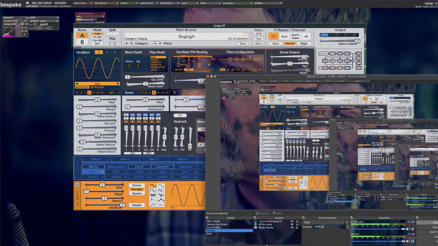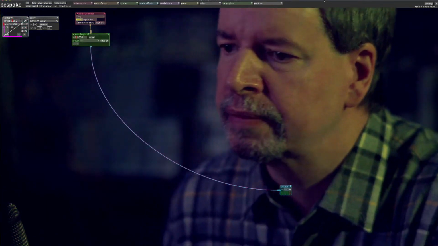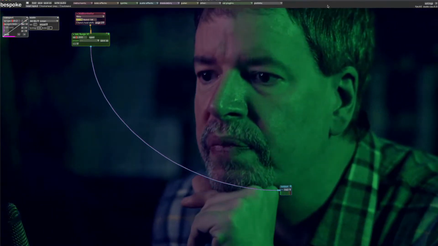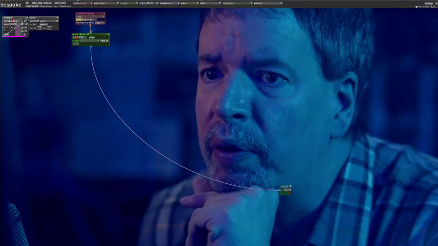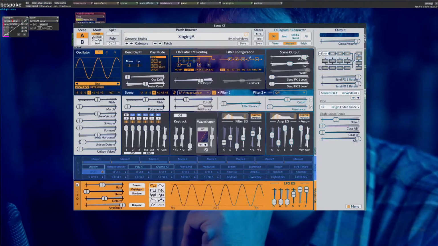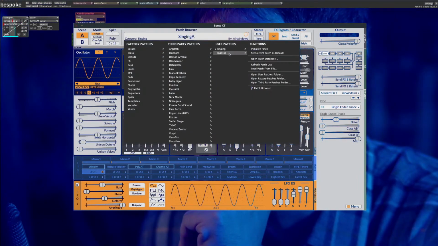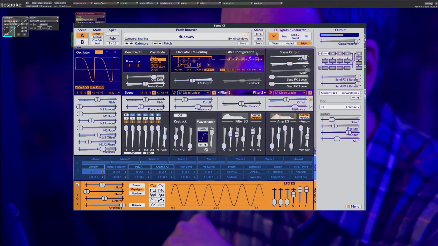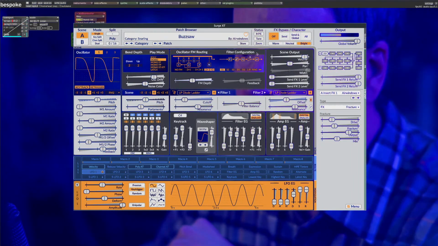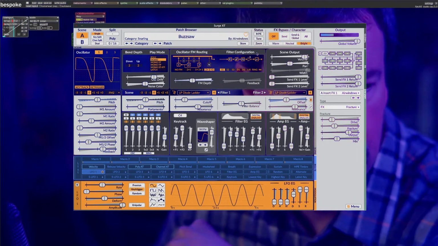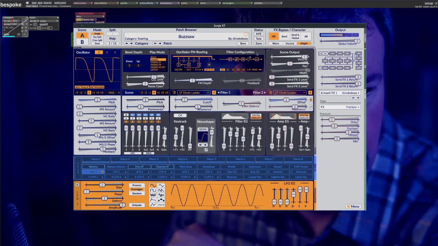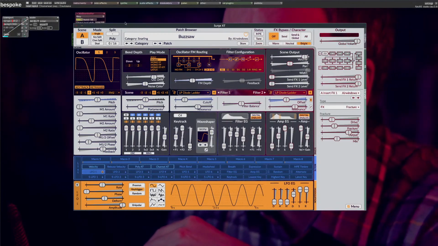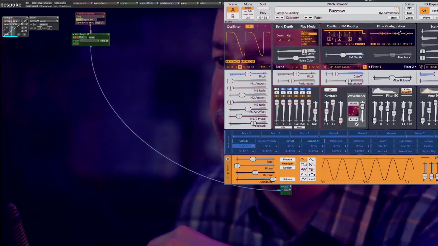I'm going to have to keep an eye on my meters and things. So this is bespoke, and we can do a variety of things with it. And, you know, playing stuff like here. Here's a patch I made this morning in Surge. But you'll notice that Bespoke has this various stuff like